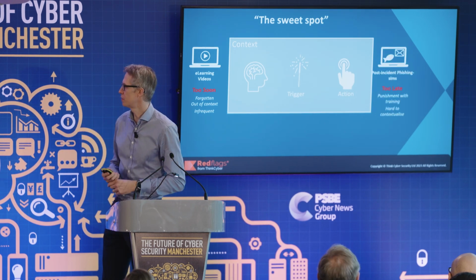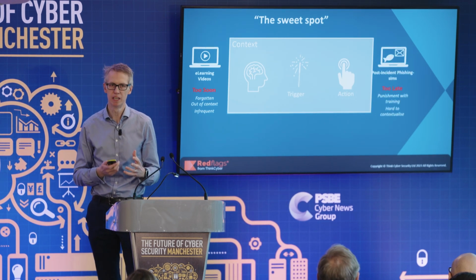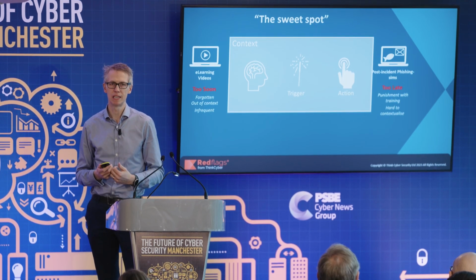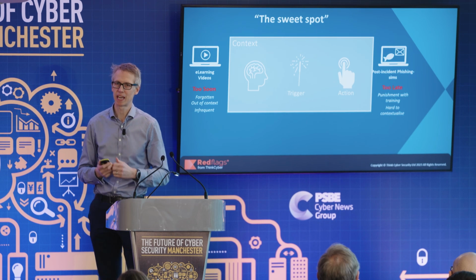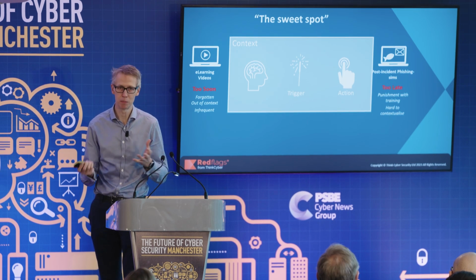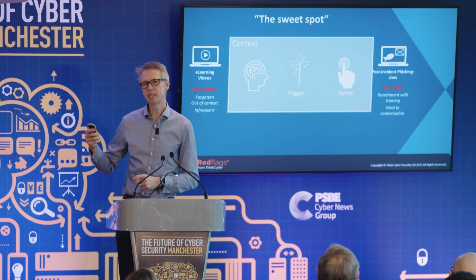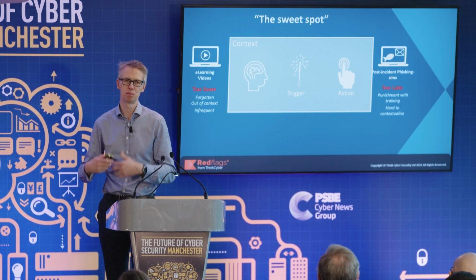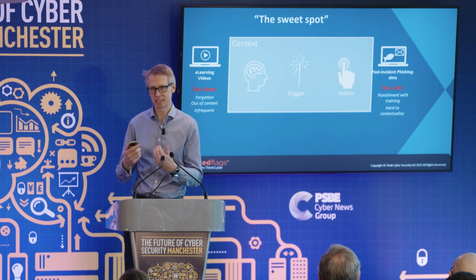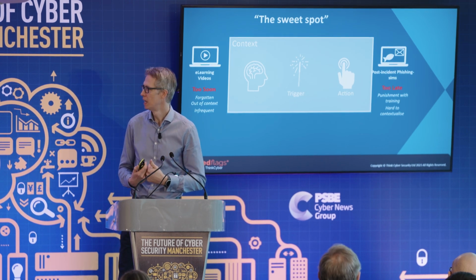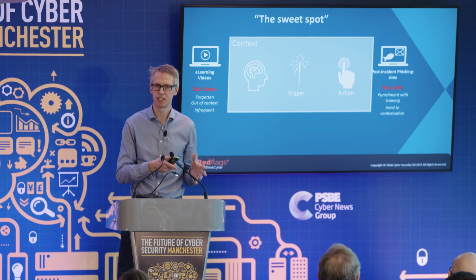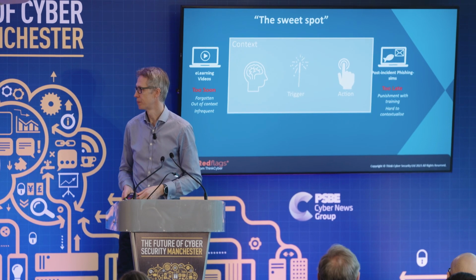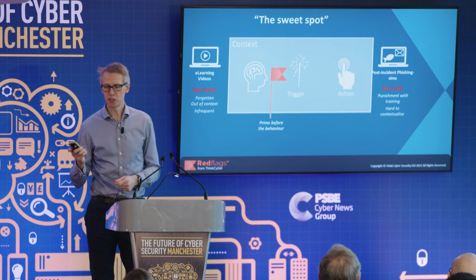And then, of course, we've got stuff on this side that is potentially a little bit too late. Phishing simulations, yes, it will give you an indication of potentially who's likely to click, although you can pretty much get whichever click rate you want, depending on how hard you make it. And all you can really do at this point is punish people with training. Now, it might not feel like you're doing that, and you can probably land it a bit more gently, but that tends to be how people feel it is. And there are tools also looking at events in the scene, but they're still in this kind of after-the-fact punishment with training.